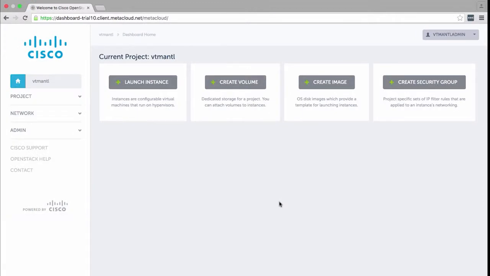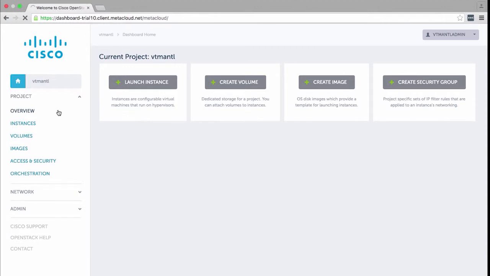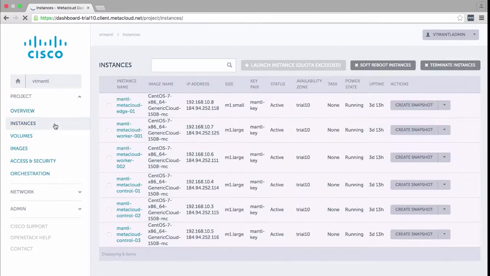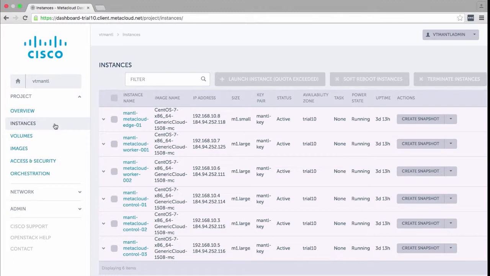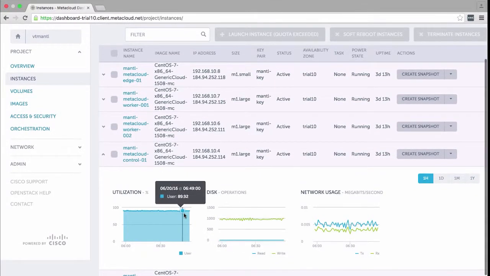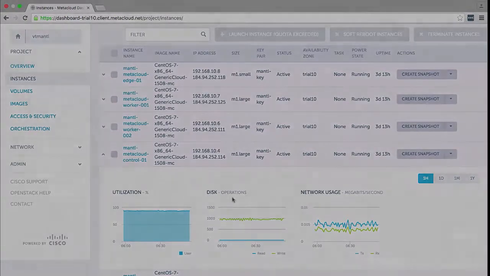So let me show you what Cisco MetaCloud looks like. And if I call it Metapod, shoot me, because that's what it used to be called. So let's have a look at what Cisco MetaCloud looks like. So it's just OpenStack. So this is my underlying infrastructure that I've now deployed this onto. So I have my Mantle instances here, and everything is nice and up and running, just like you'd expect it to in a stable